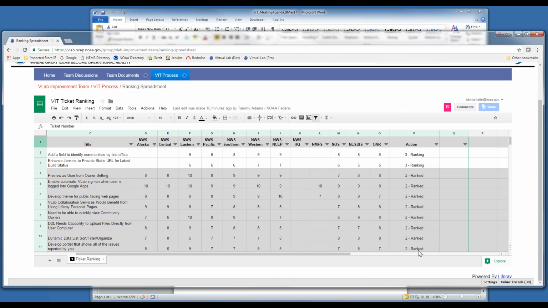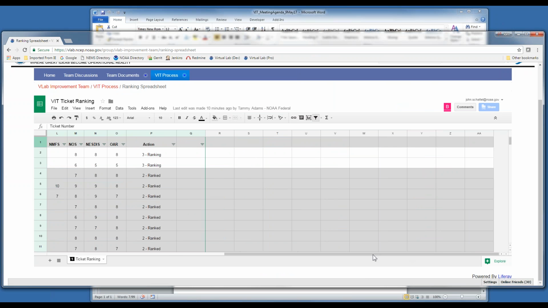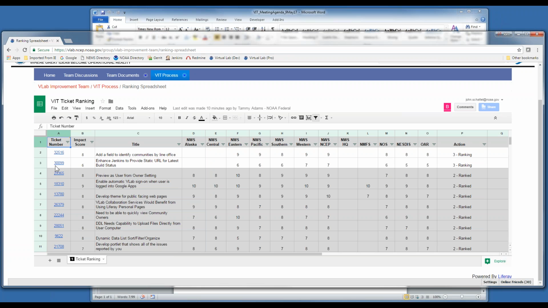The first one was 30099. That's been up there now for about a month or so. And we have enough input to justify a quorum on that, which is good. And apparently someone has recently ranked the other ticket that we have,